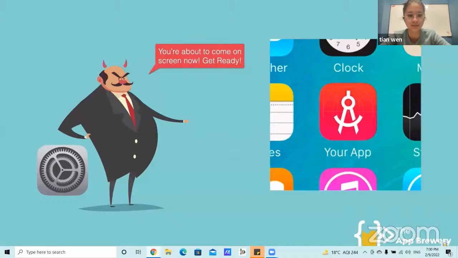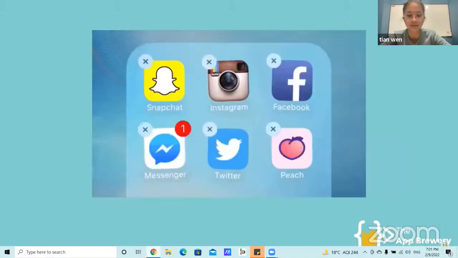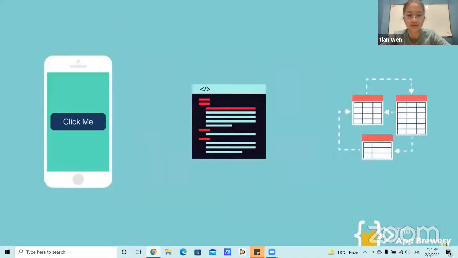It tells our app, hey, you're about to come on screen now, get ready. The user wants to see something from you, don't let me down. Or it might say, hey, you're draining the battery way too much, I'm gonna have to shut you down. Or hey, you, little app, the user's getting a phone call right now. I'm going to have to switch you off. Make sure you save their data before you go home. And this is what I think about every time I see my apps shuddering and shaking in fear.